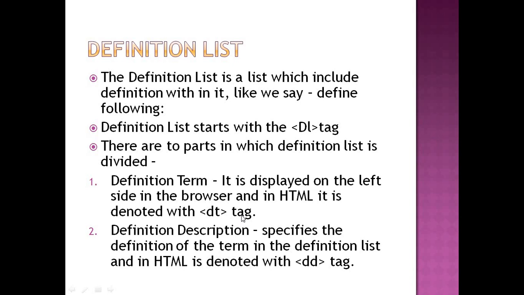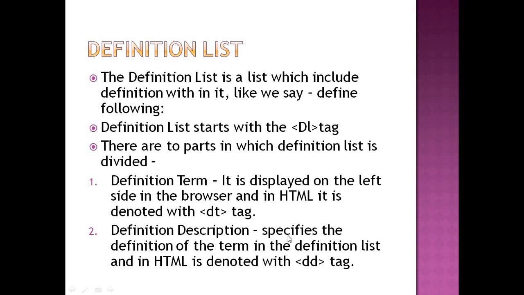अभी definition list तो किससे denote कर दिया, declare कर दिया कि हम definition list का program लिख रहे हैं, DL tag से. पर उसके अंदर क्या है? दो पार्ट है. One is definition term. तो definition term के लिए हम कौन सा tag यूज करते हैं? We use the DT tag. And for the definition description, which tag are we using? We are using the DD tag for the definition description.